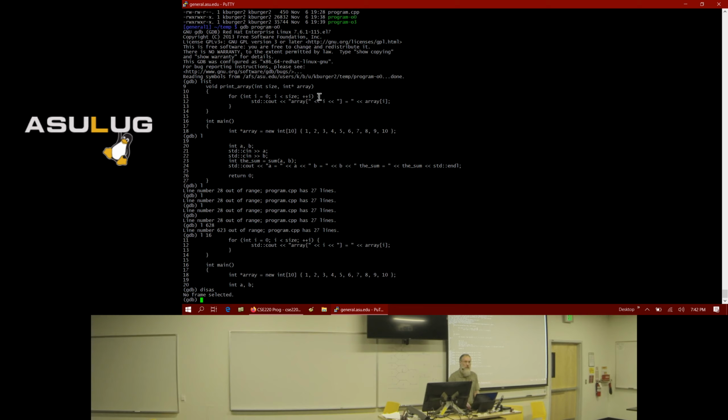Were you able to get it to work? I was trying the disassemble command and it says no frame selected. When you load your program in GDB, it's not actually running right now. It doesn't run until you tell it to start running.